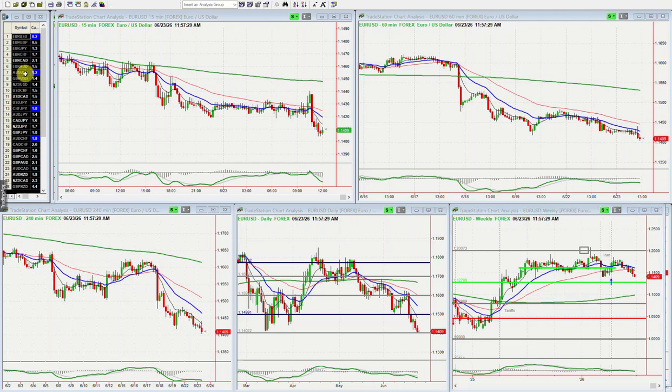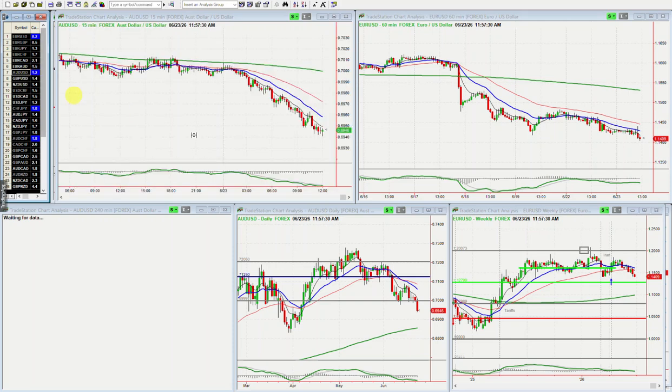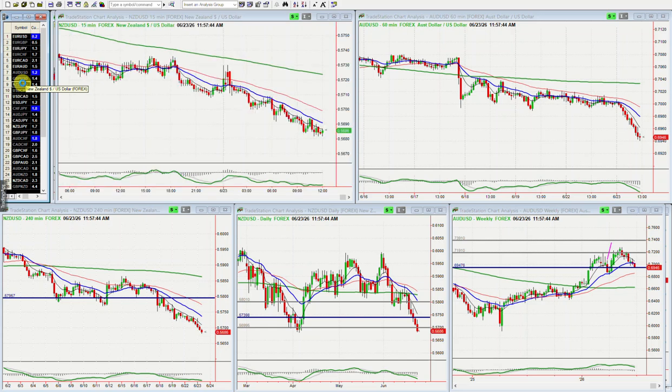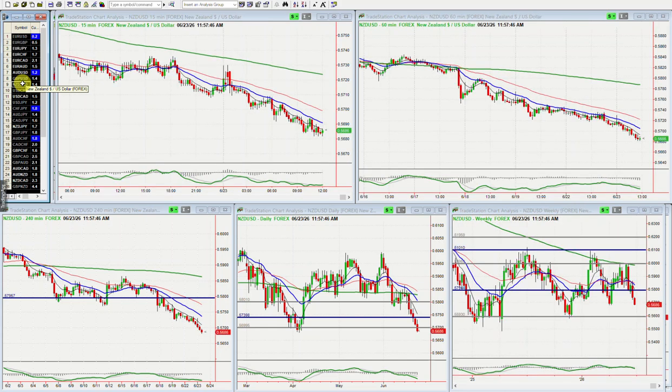Well, let's have a look at those. Aussie US, the Australian dollar has been really strong. We can see it here, and now it looks like it's turning around. So that's another confirmation that the dollar basically has changed direction, right, from a weak dollar to a strong dollar.